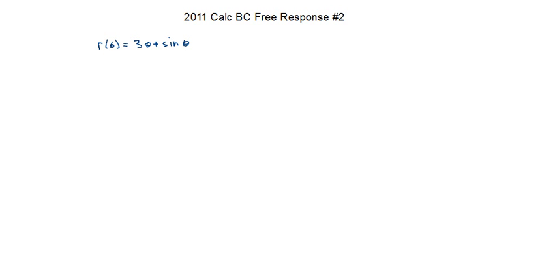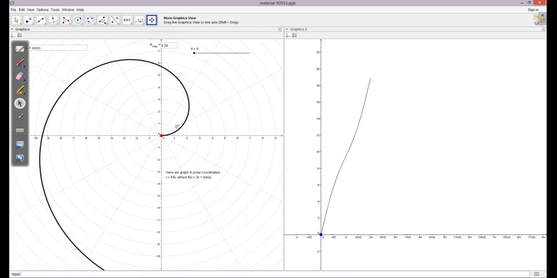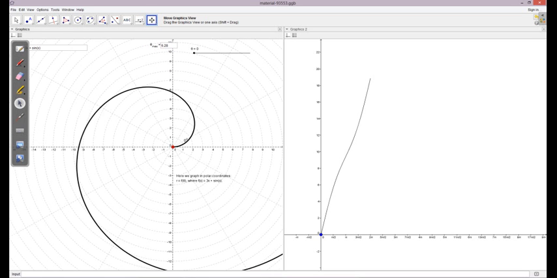And letter A asks us to find the area in the second quadrant enclosed by the coordinate axis and the graph of r. So I would recommend taking this and graphing it so you can see exactly what is in the second quadrant. Make sure your calculator is in polar, and then draw a graph of that, and then mess with your window until it looks something like this. That is what the graph looks like. I can even zoom out a little bit more. It makes a spiral,